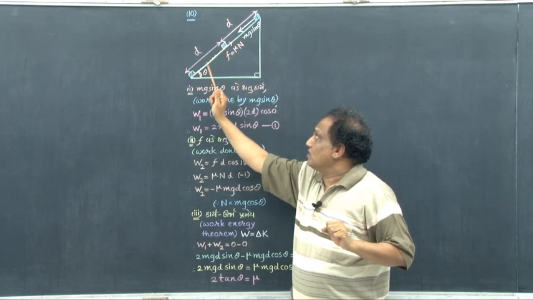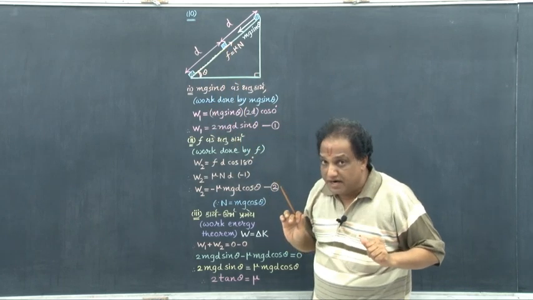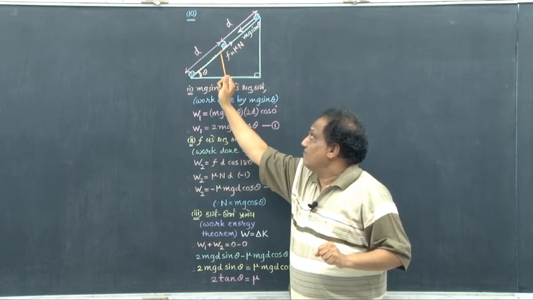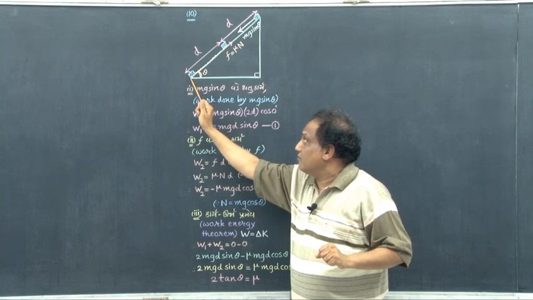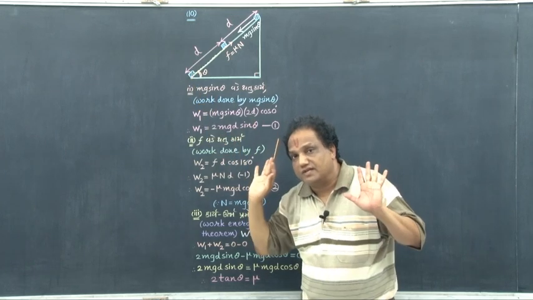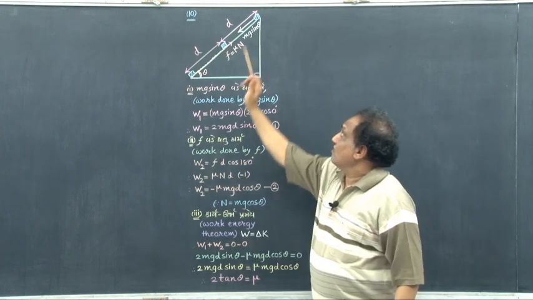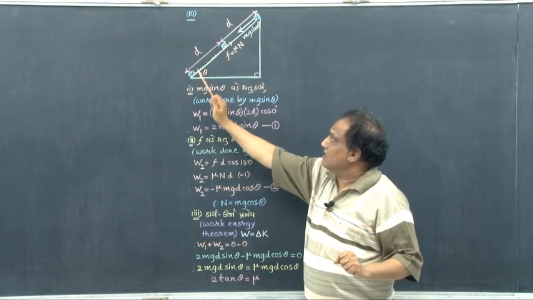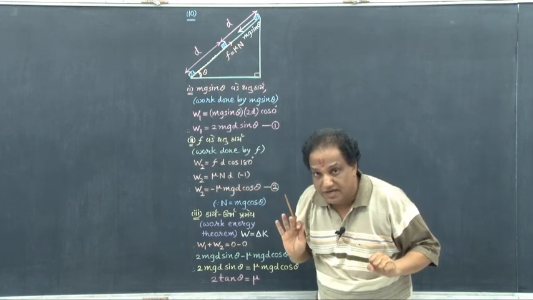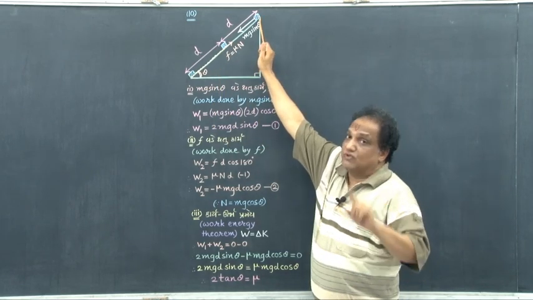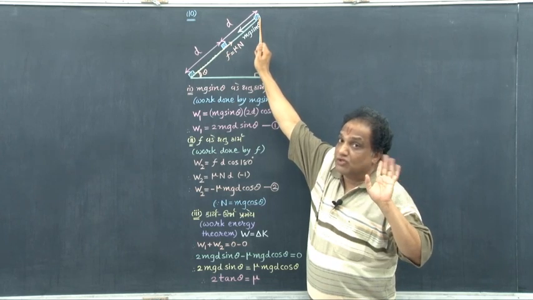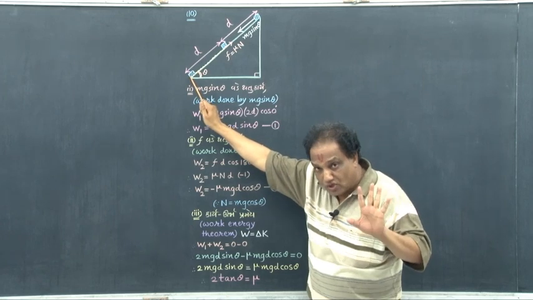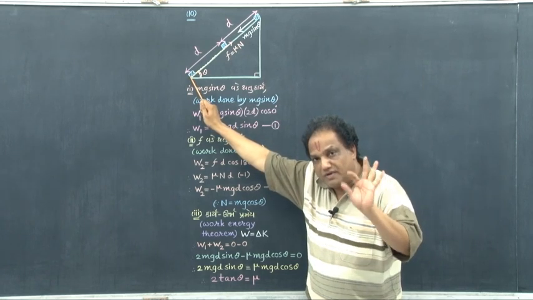So when it moves from here to here, its motion is being retarded, it is being decelerated, its velocity goes on decreasing, and finally when it comes here at the bottom, it becomes stationary. Okay, fine. From here to here, there is an increase in the kinetic energy. From here to here, there is a decrease in the kinetic energy, correct? Initial kinetic energy was 0 because the block started its motion from a state of rest, and final kinetic energy here at the bottom is also 0 because the block stops, it becomes stationary.